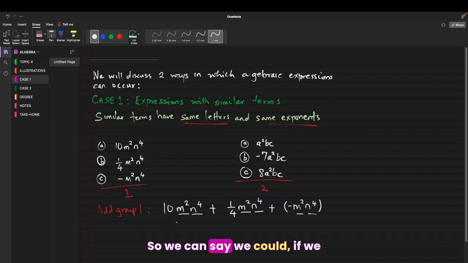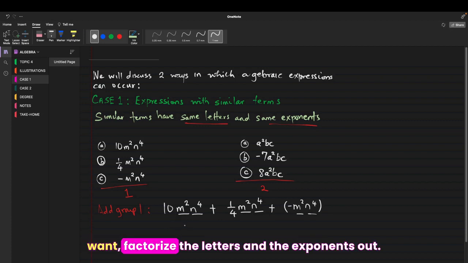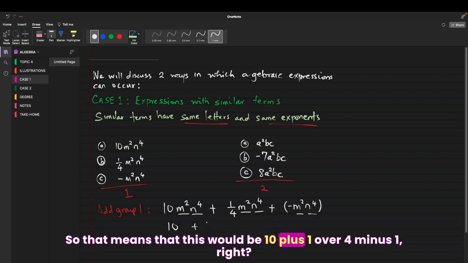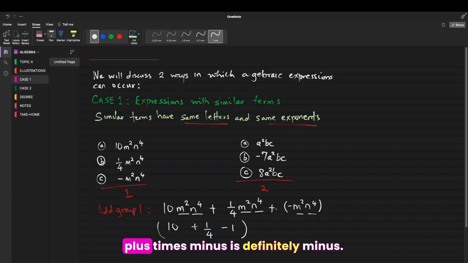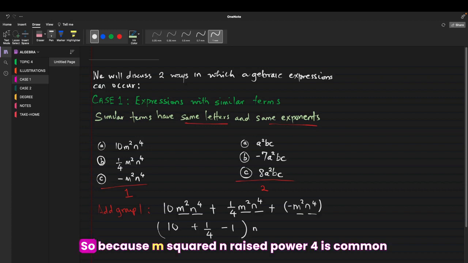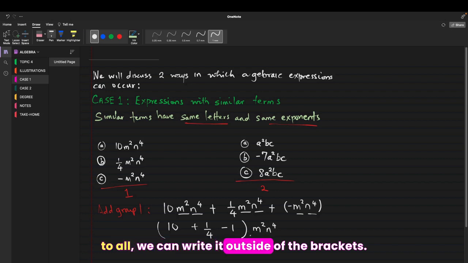So we can, if we want, factorize the letters and the exponents out. So that means this would be 10 plus 1 over 4 minus 1, and it's minus 1 here because plus times minus is definitely minus. So because m square n raised to power 4 is common to all, we can write it outside of the bracket. When we add this together, we can